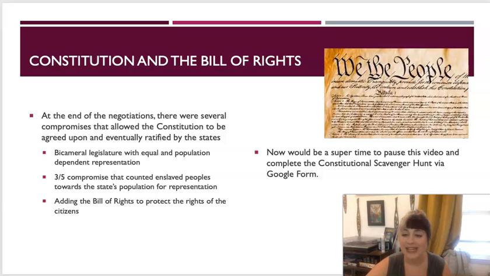And again, that PDF of the simplified version of the Constitution is attached to that assignment. When you finish, you are going to make sure to screenshot your submission page and upload that as a PDF or a JPEG, whatever kind of document you want, to upload it to the Dropbox. So that way I'll get your answers and your score via Google form, but I'll just double check that you definitely turned it in via CourseDen by having that screenshot of your submission. All right, so go ahead and pause here, and I'll see you for the recap.